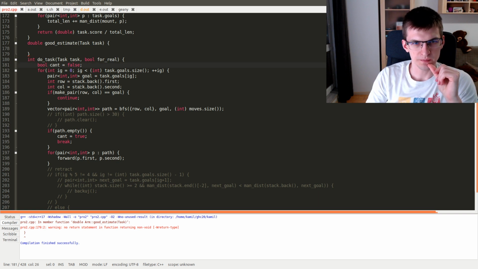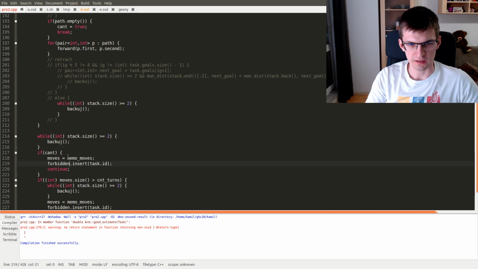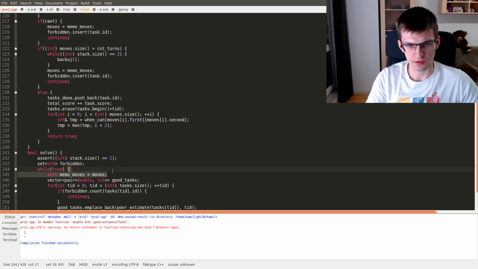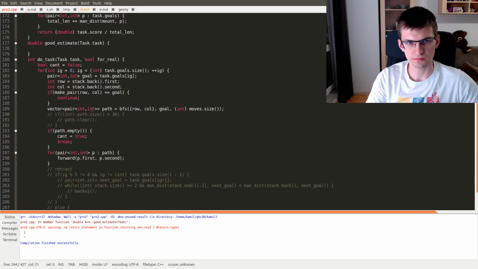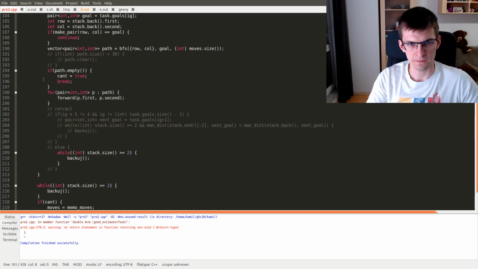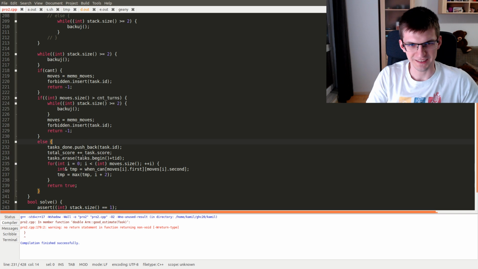Can't is false. Continue is fine. Break, sure. Get back to 0. If can't, then moves this. Forbidden. Where do I save memo moves? Over here. It should be there. -1 means not succeeded. Not succeeded, and in this single case,